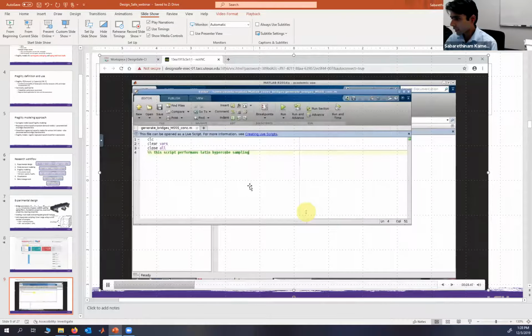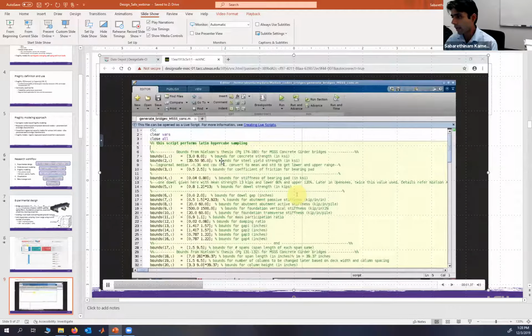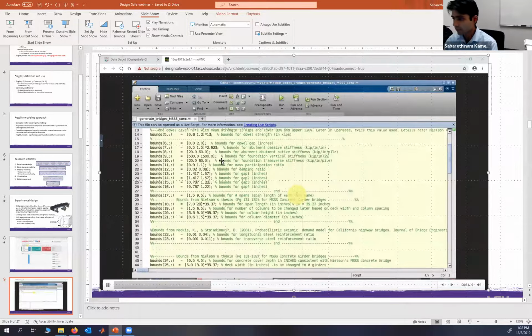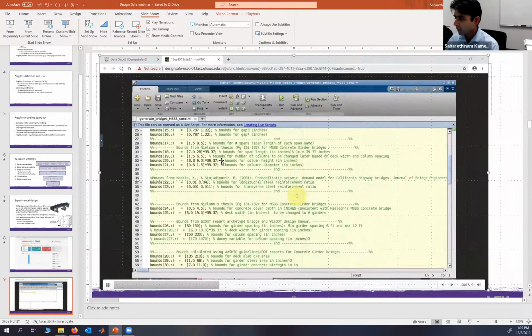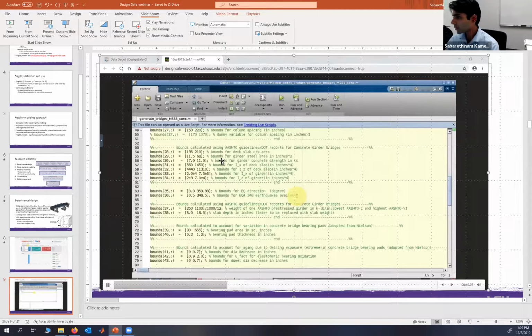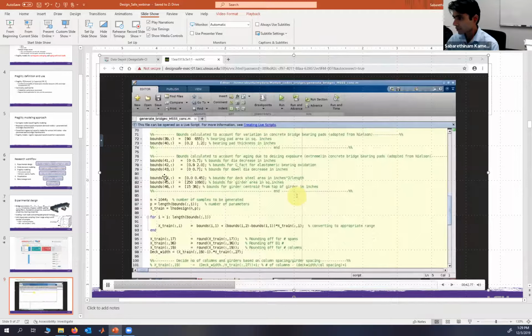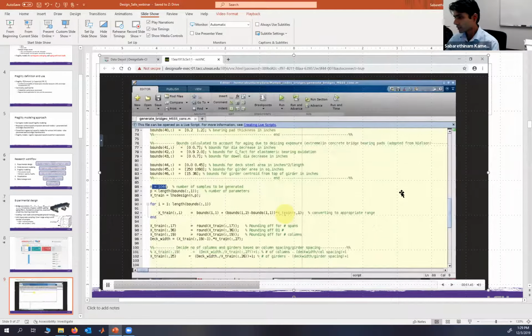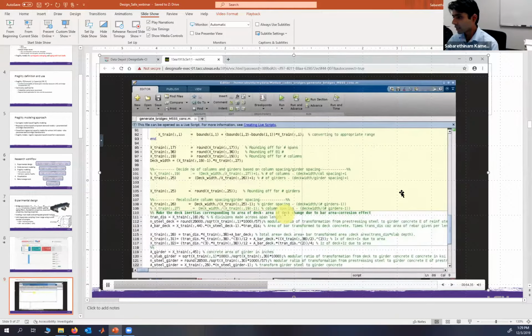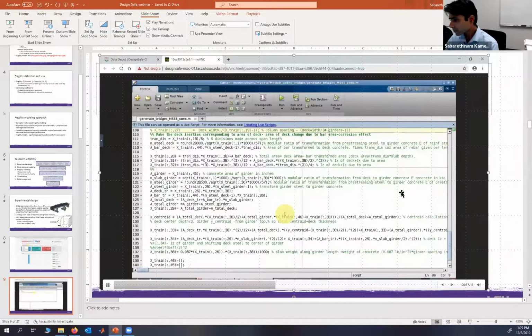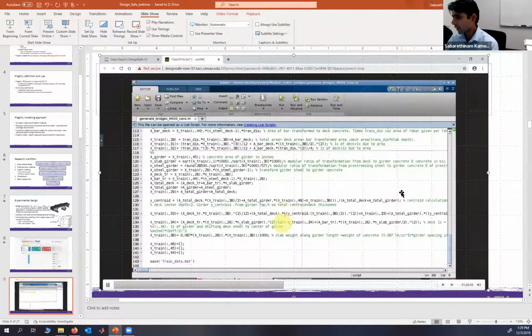So we can continue working, and now I'm just skipping to the part where I have finished coding the Latin hypercube sampling code. So we have about 40 something parameters that includes geometry, the material properties, hazard properties, and all of those. So this is just initially defining the bounds of those. And as I mentioned before, we have 1,044 samples for training. And for these 1,000 samples, I'm just generating the parameter combinations. And we have some other post-processing. And finally, like we would do on our regular MATLAB codes, we can also save the data on My Data or in My Projects folder, wherever we want to save it.